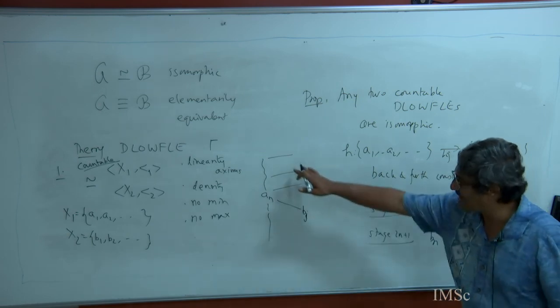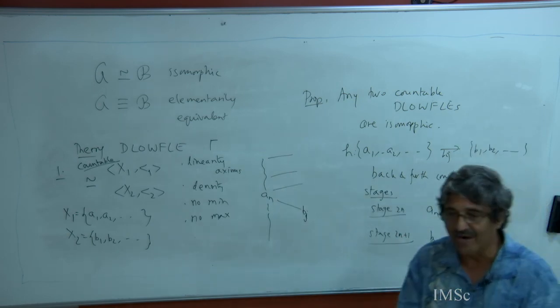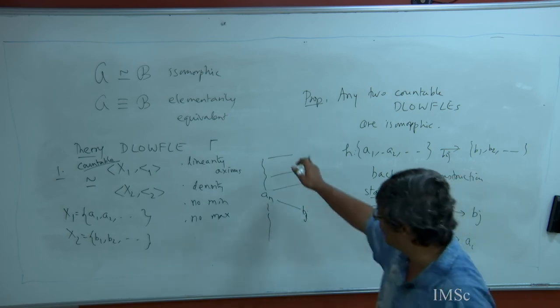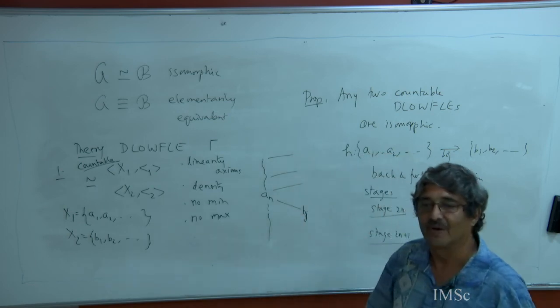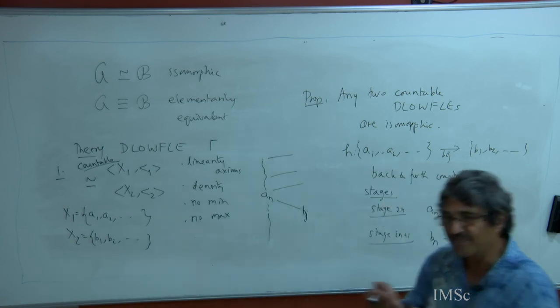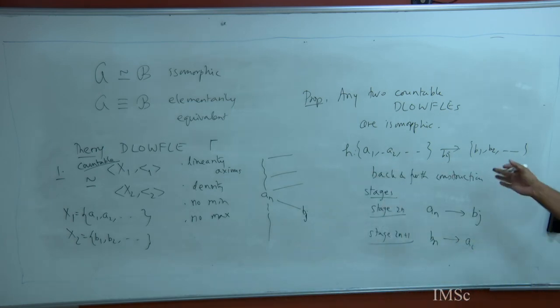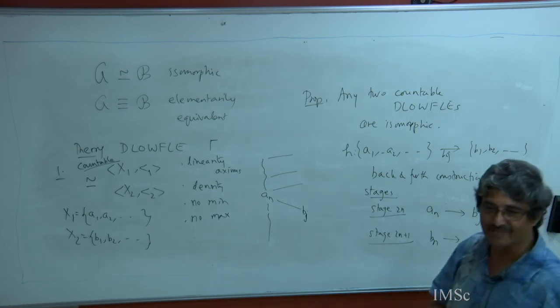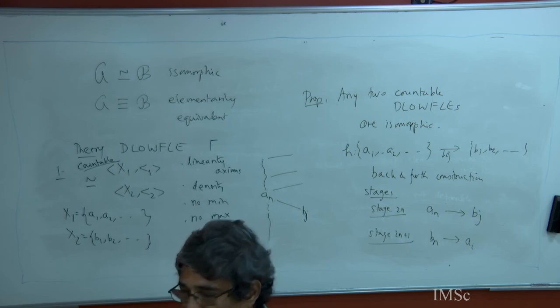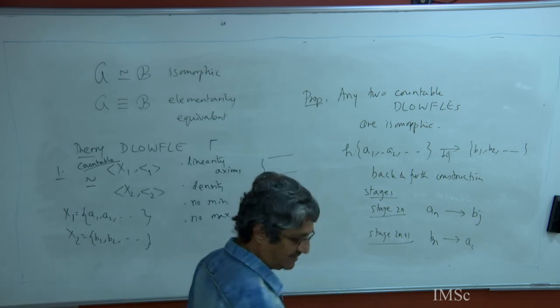Up till the stage, whatever you have mapped, if A1 is less than A2, B1 is less than B2 as well, right? H of A1 is less than H of A2. Similarly, if B1 is less than B2, H inverse of B1 is less than H inverse of B2, since it's a bijection. This is what you want. So how do you do this? Well,